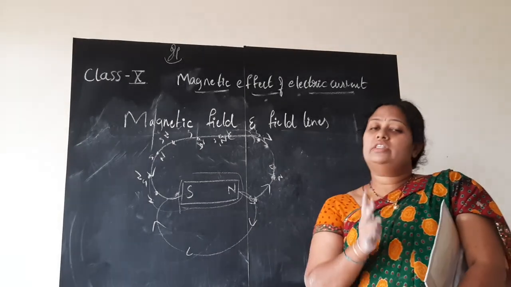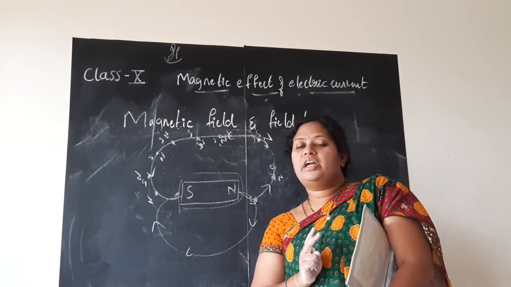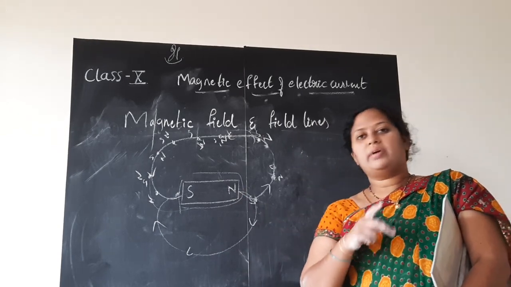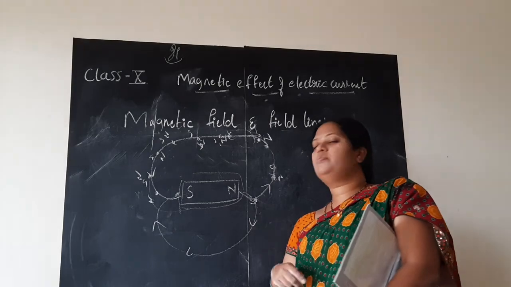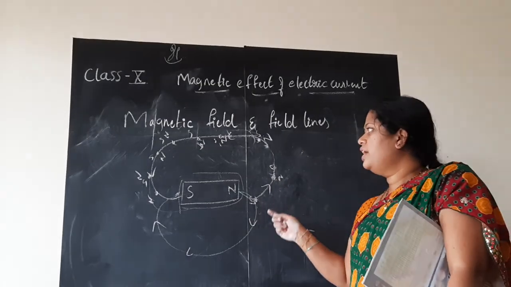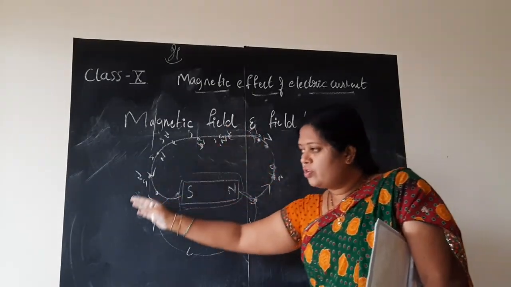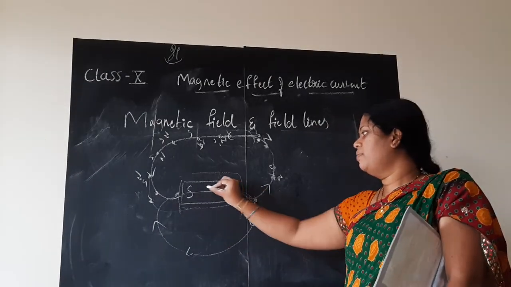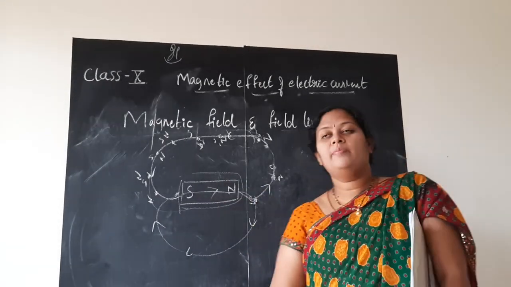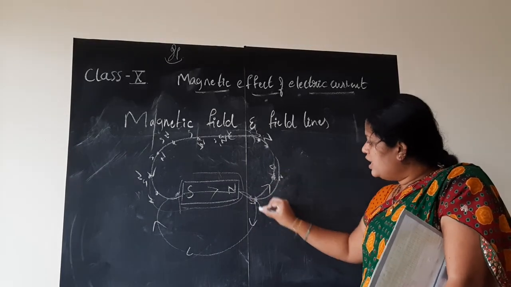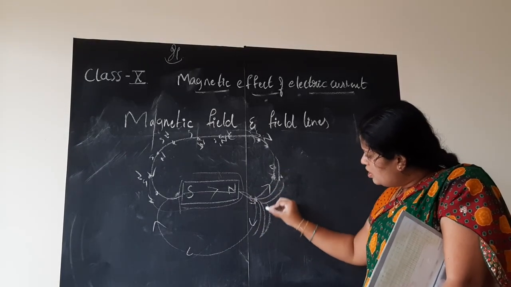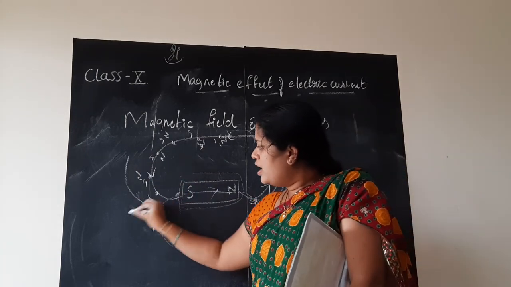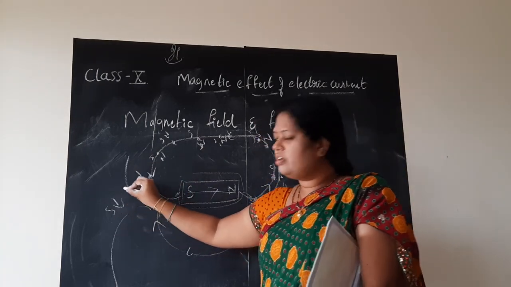This is how. In the first activity, how did they find out these magnetic field lines? By just putting iron filings around the bar magnet and tracing the path. One more method is this way. By this they find out that magnetic lines of force always travel from north to south outside the bar magnet, whereas inside the bar magnet it travels from south pole to north pole. If the magnetic field lines are very close to each other like this, it means field strength is more. If they are far away like this, it means field strength is less.